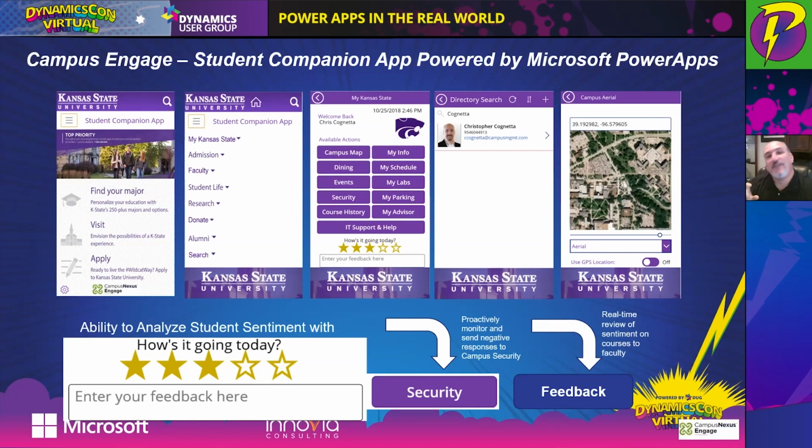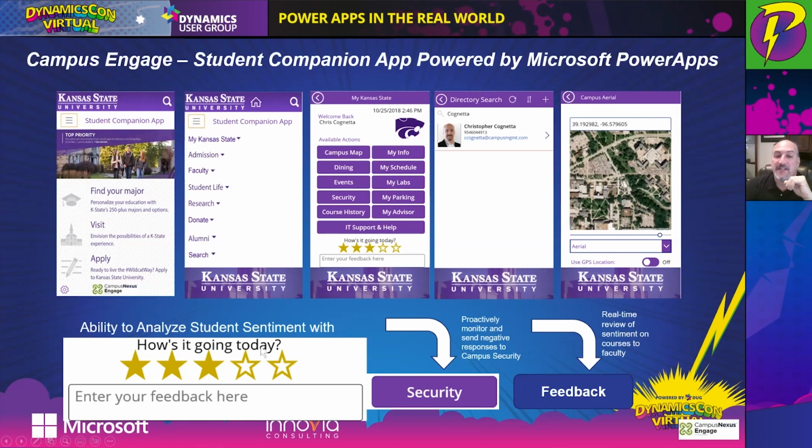By the way, does this remind you of anything? Does that not look like PowerPoint slides? Because it's the same technology. The same way you have your multiple slide deck inside of PowerPoint, you can put multiple Canvas apps together and build that experience. Another great thing about this is the ability to get feedback real time from the students.